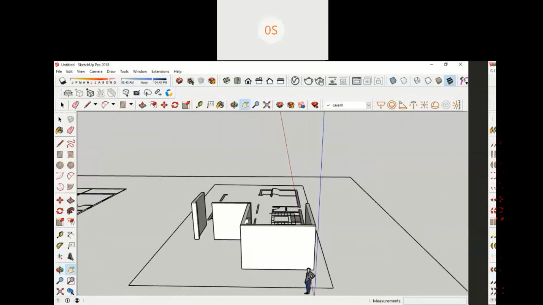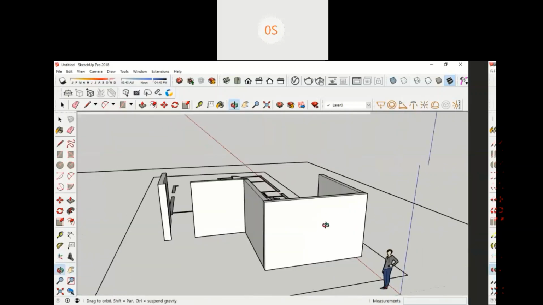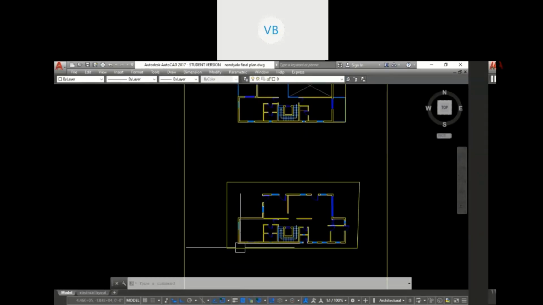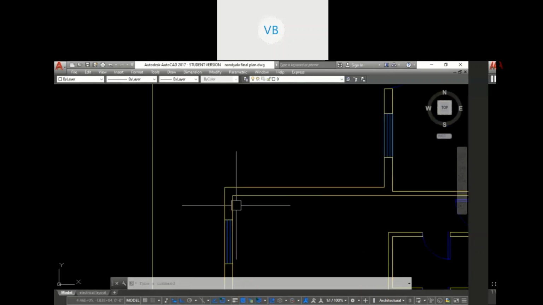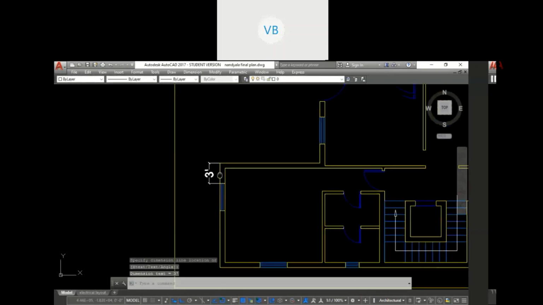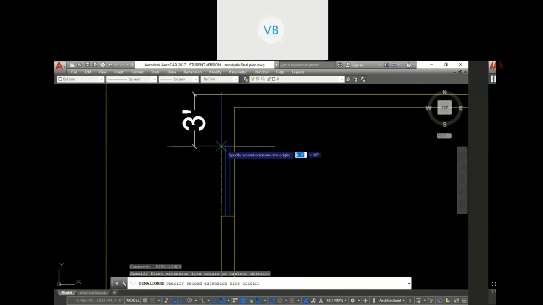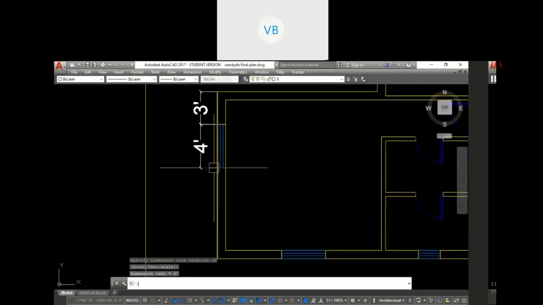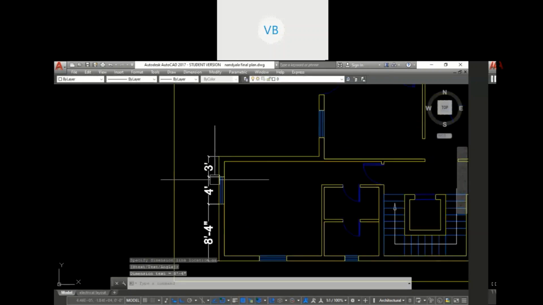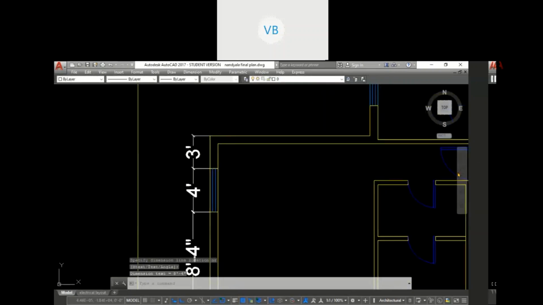So now, as for now, let's create walls. Let's go to check the AutoCAD file, and let's create windows. Windows have been located at a distance of 3 feet. You're looking at the AutoCAD file, right? It is visible? Width of the window is 4 feet. Okay, this is 3 feet, 3 feet out of the windows.